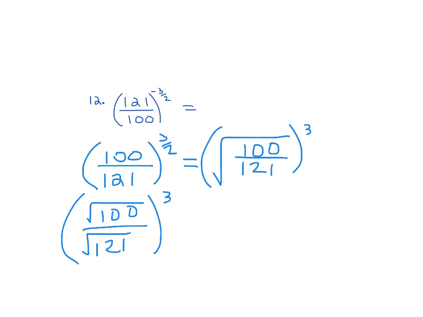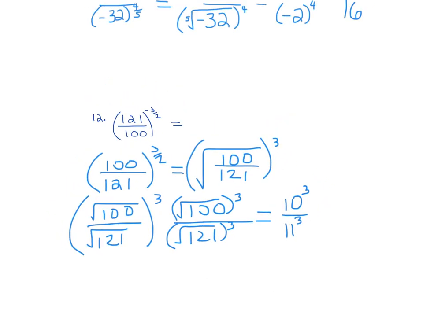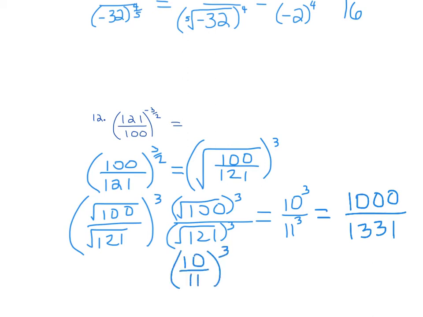Wait, doesn't the 3 also distribute? Yeah, it does. So I can also do this and put a 3 here and do 121, put a 3 here and write it like that. So then the square root of 100 is 10, the square root of 121 is 11, and then I have to cube all of those, and I would get 1,000 over 1331. Now, if you'd rather just evaluate it 10 over 11 and put the third that way,